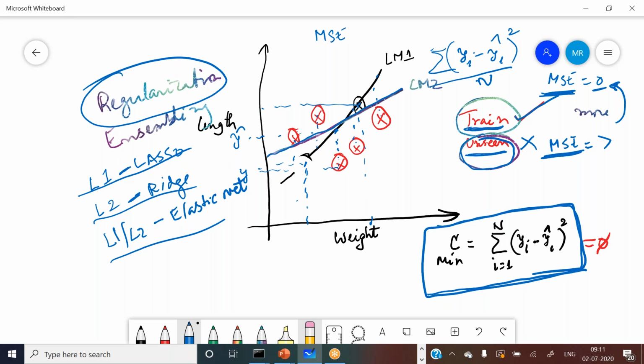The red points there are the unseen data points. If we use this black line to predict them, though the black line is perfect on the training set, it will be very inaccurate for new, unseen data.